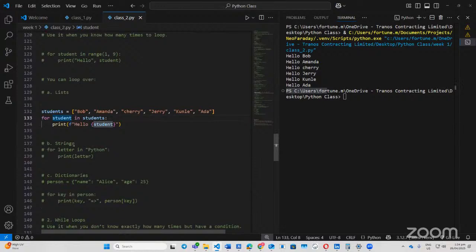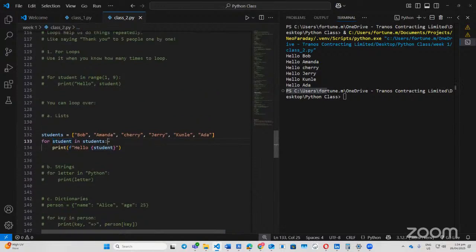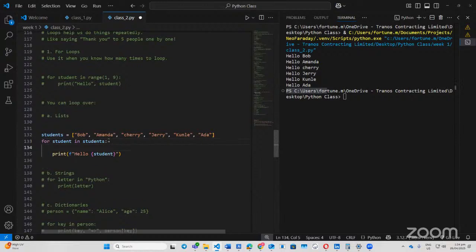All right, so we'll do this one. Maybe we'll end for today. Let's say I want to check something. So for student in students, if student is equal to